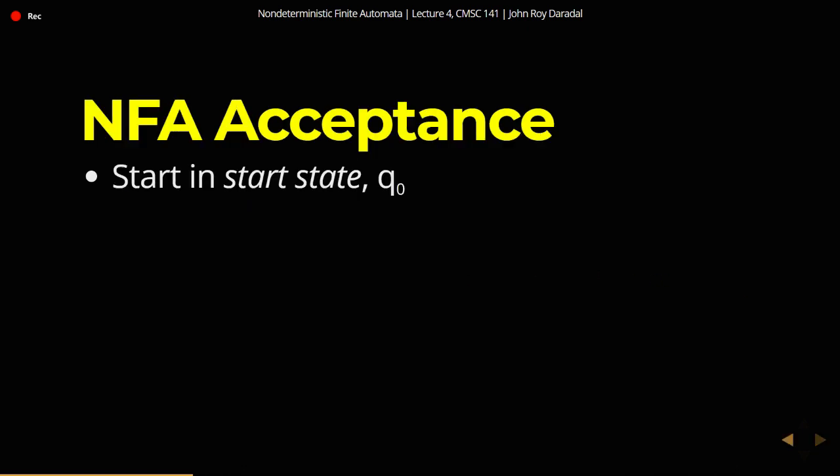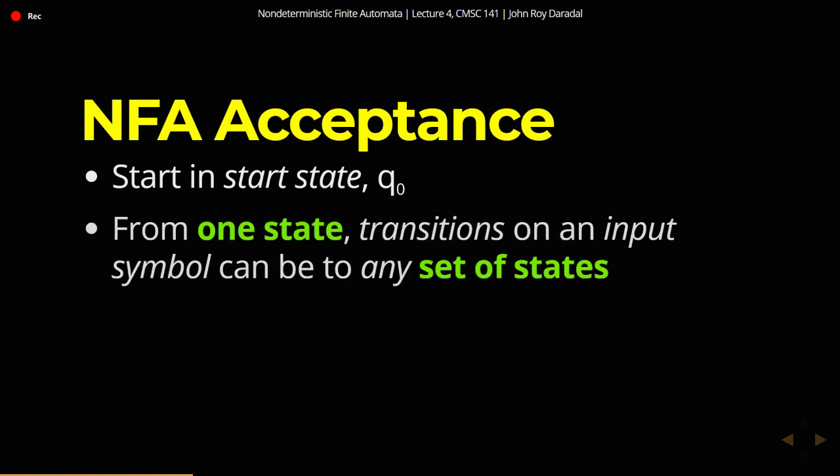Now for the acceptance of the string, we start at the start state Q sub 0, and then from one state, we transition on an input symbol. The transitions on an input symbol can be to any set of states. Okay? So if, for example, A transitions to B or C, then we could be at either B or C